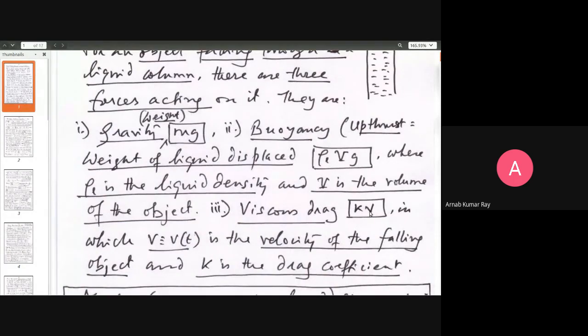Whenever something travels through a fluid medium, be it water, be it air, it experiences a resistance. Don't think that this resistance is very small. In fact, the higher the velocity, the greater the resistance. I'll give you some examples immediately so that you can see that this is no small business. In fact, it's a very serious business.